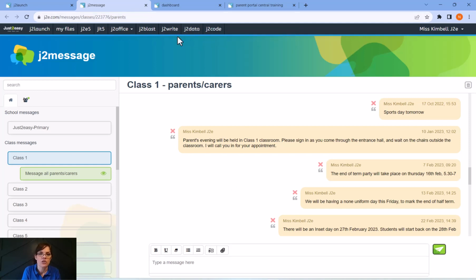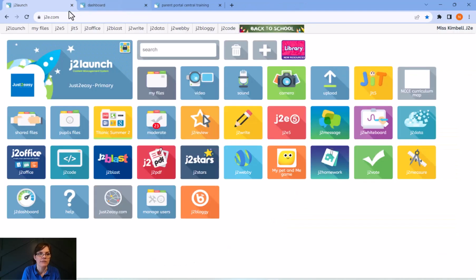So I'm just going to come out. You can see there is a little notification that came up. But there's also, if I come out of here and just refresh my page, you'll see there's a notification that comes up on my J2 message. There is a notification that flashes up on your screen for a few seconds, so you will be notified that there is a message. So I can click on that,